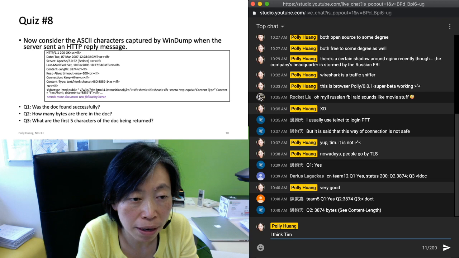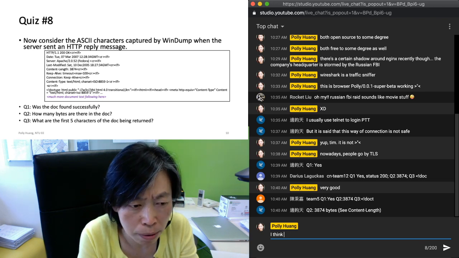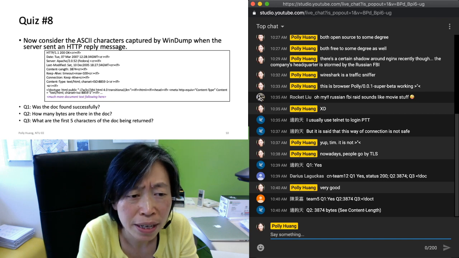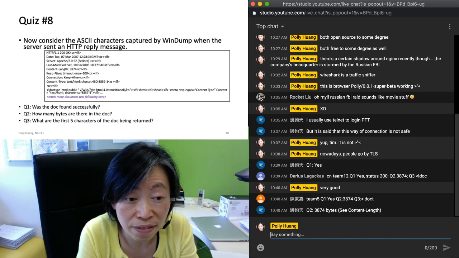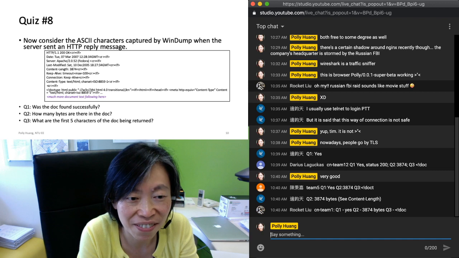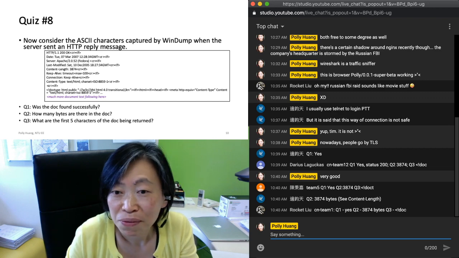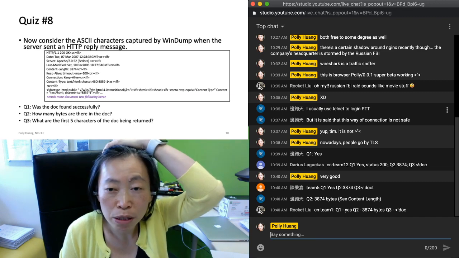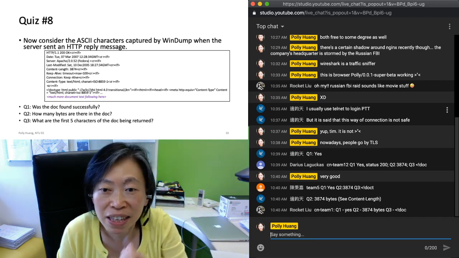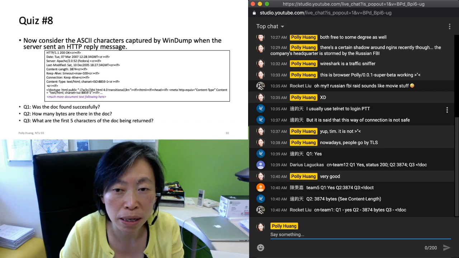I think team there, Bian Jun Tian there is team number 14. So 14 says yes, and the size being 3A74 bytes. Very good. Look at the Content-Length header line. Team 1, Team 12, and Team 5, you guys are doing great. Great, so now you see HTTP response formats. It's very readable. You just need to do a bit of guessing and maybe look up on the web